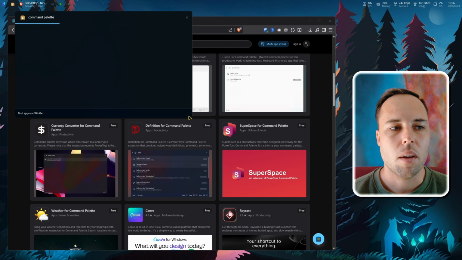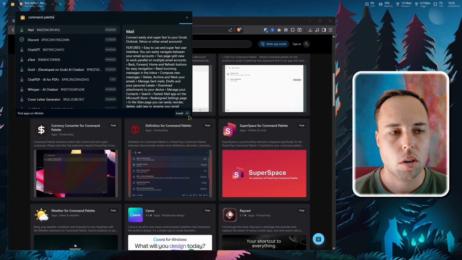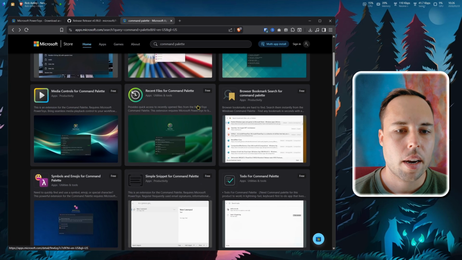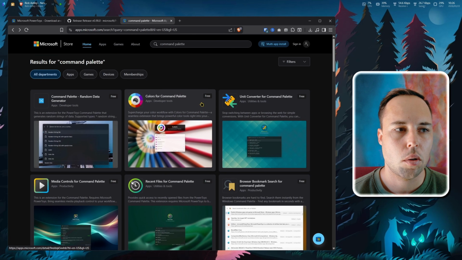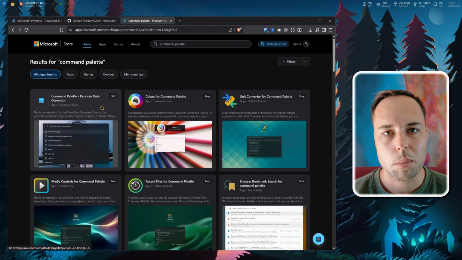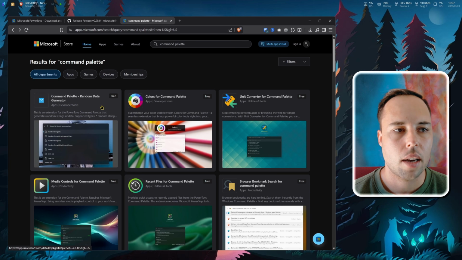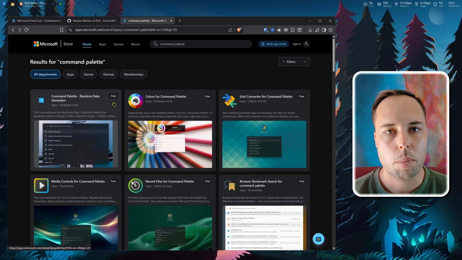Now I also did a Winget search for the command palette using the Winget search function on the dock itself, but I didn't get good results. And if you're planning on installing these extensions to the new dock, I recommend that you just use the Microsoft Store, as it just seems to be easier to get these downloaded and installed on the command palette dock itself.